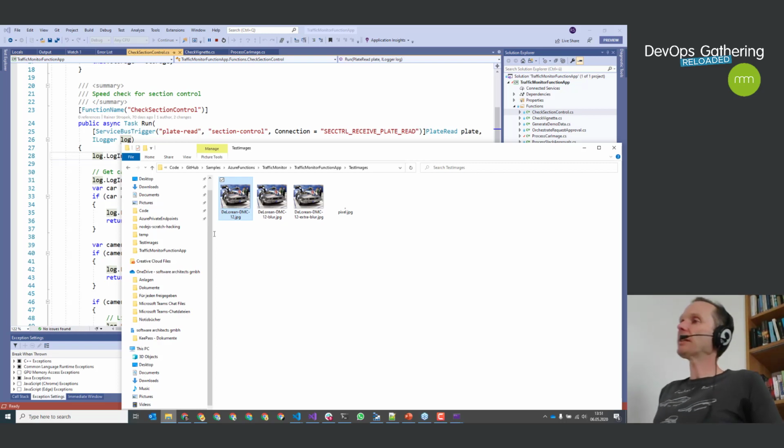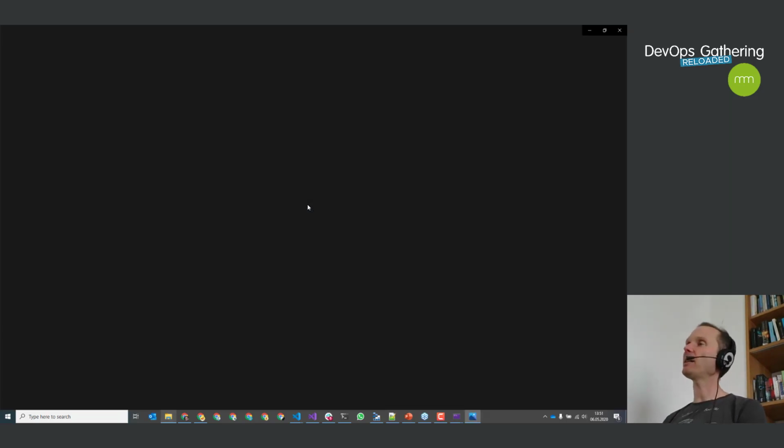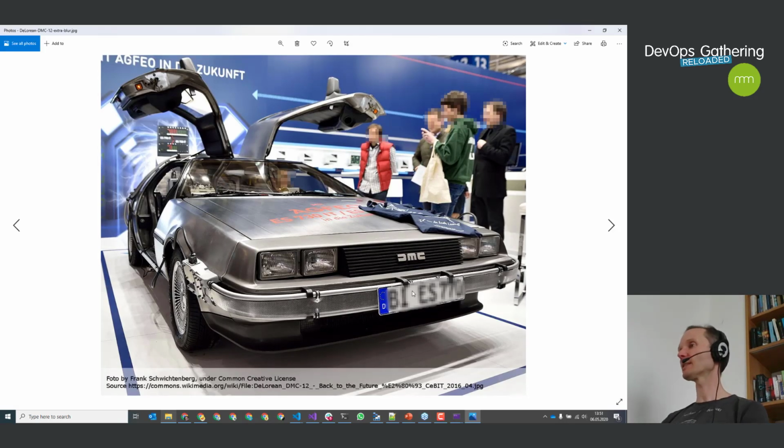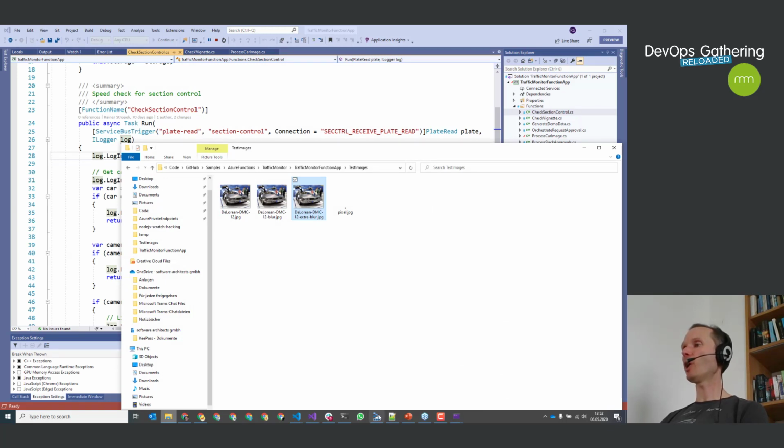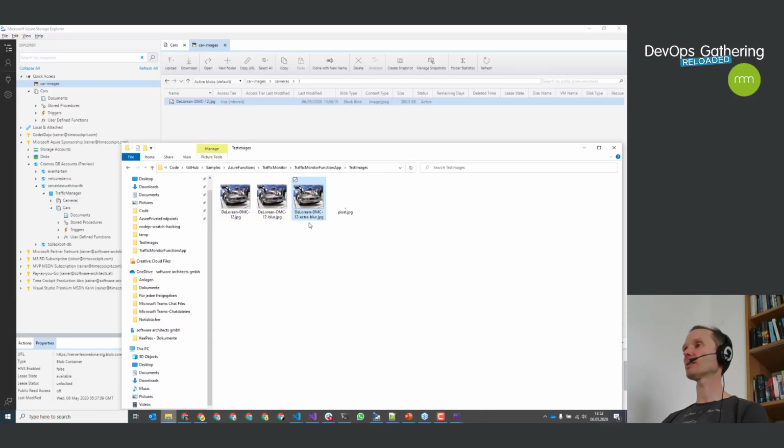Now, last but not least, and then we will open it up for questions so that we have a few minutes of questions. What happens if I need the help of a human? Here, for instance, I have pixelated the image, the license plate a little bit, so it's harder to read. So probably the machine learning algorithm will not do a very good job detecting this license plate. It will need the help of a human being. Now, what I did here, when I drop it in, I can show it to you. Here it is, extra blur.